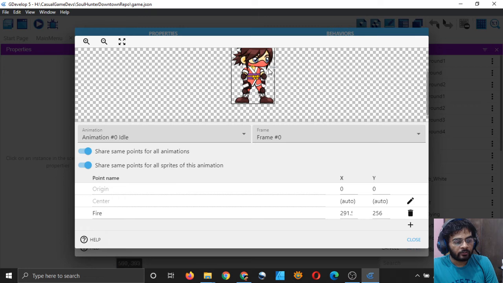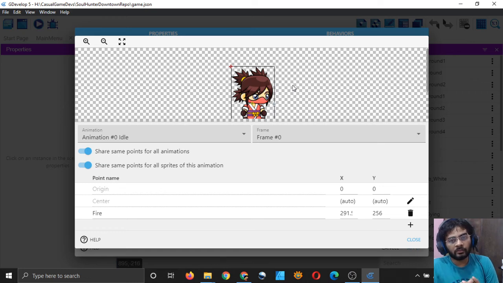I want my fire point to be here. If you import a bigger sprite, then the point will stay at the same place, but your sprite will be much bigger, and that may cause some visual problems. The game will work, but there will be visual problems. It will look like your bullets are getting out from the player's mouth, but you want them to go out from the player's hand. You have to put the fire point where the player's hand will be when they play the fire animation. So this is the second step which you have to do when you import your new sprites.